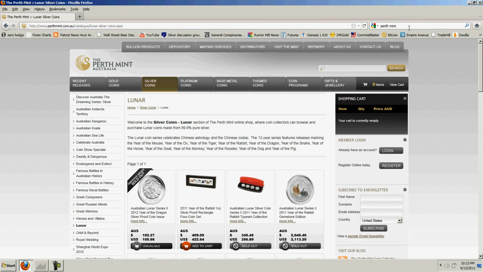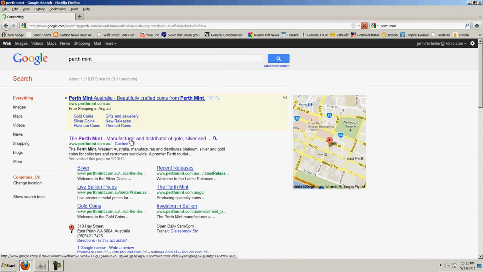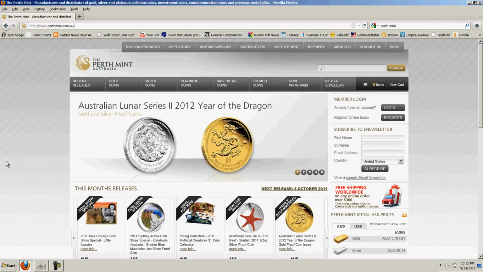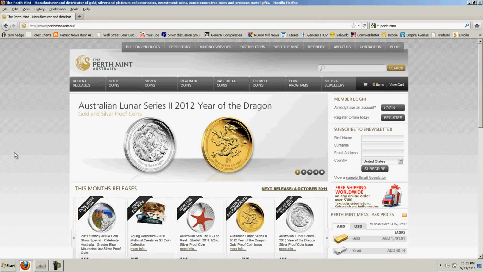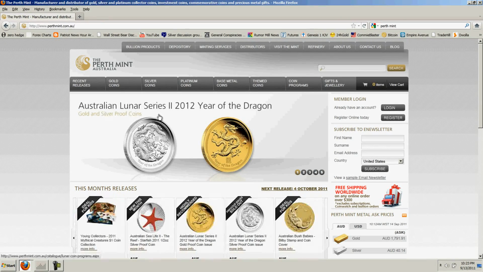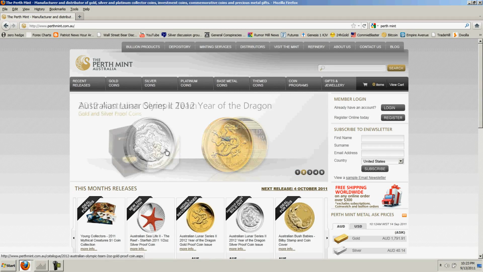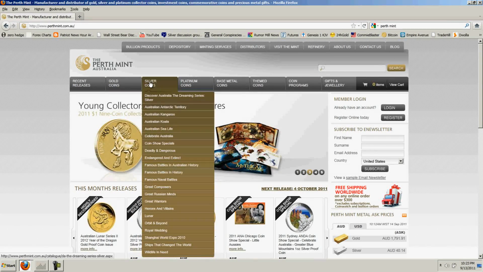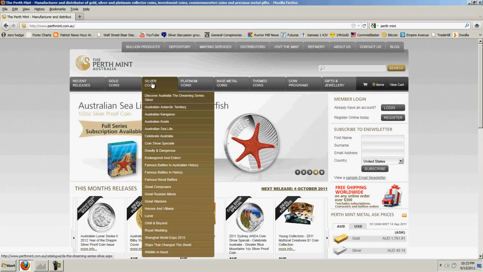And let's do that and start from scratch the way I started, so you can see what I found when I went there. Now we go to the Perth Mint site, and the first thing that is really fantastic about this is that you get these dragons right here, these 2012 Lunar Series 2 1 ounce silver and 1 ounce gold dragons. That's the first thing that comes up. So what we want to do is, there's a couple of ways to explore this site, but let's start with silver coins, and then we're going to go to,